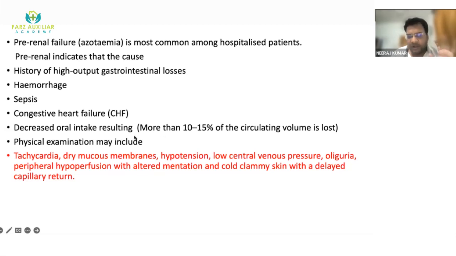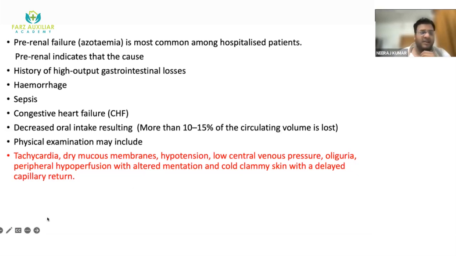If more than 10 to 15% of circulatory volume is lost, then these patients may have hypotension. So here, if you examine, the patient may have hypotension, a very low CVP, oliguria, altered mentation, tachycardia, and cold clammy skin with very delayed CFT. Capillary filling time will be very, very delayed. And in cases of renal as well as post-renal failure, the